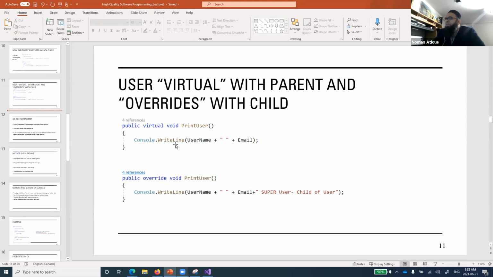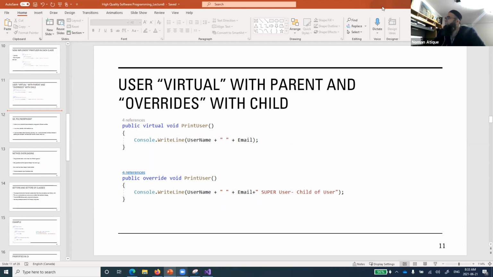When we define a method, we say it's a virtual method, and then we redefine that method in the child class using override. Print user is a method that overrides the virtual method we have defined in our parent class.